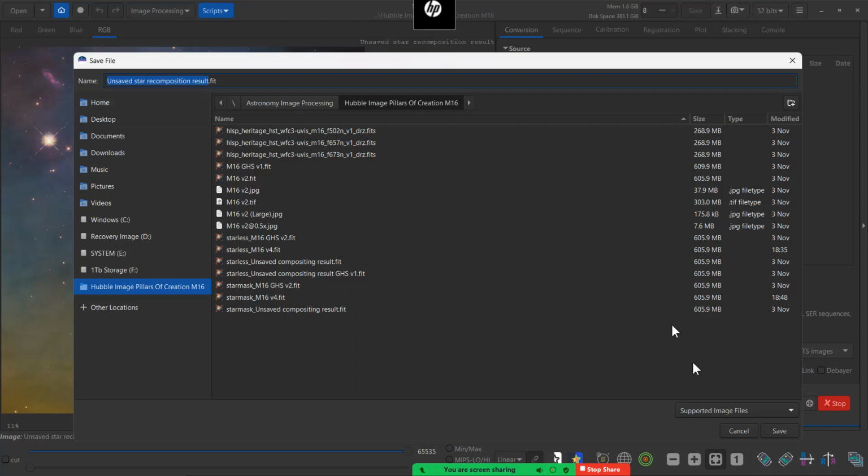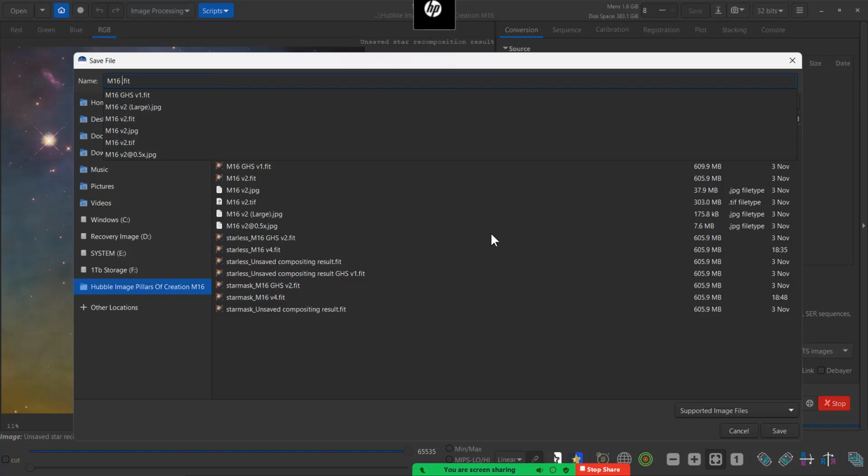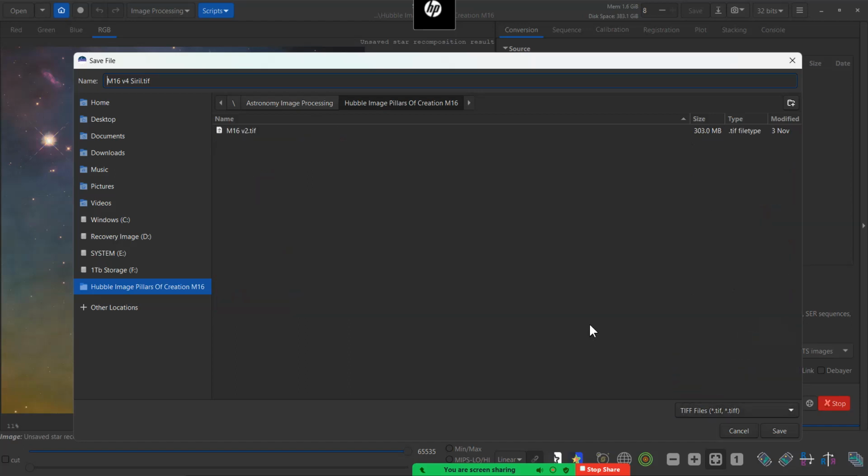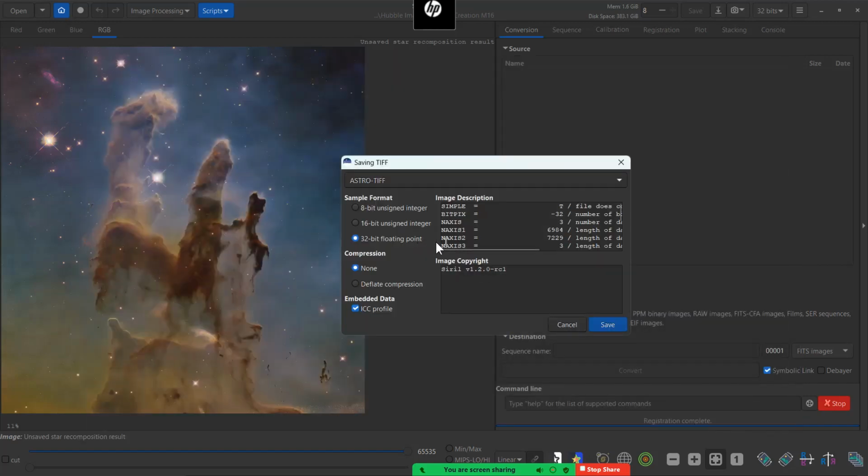Now I must save it as a, right, so this is now M16 version 4, and it's the final Siril image. But I don't want it as FIT. I want it as TIFF for Photoshop. So if you click on save, then it asks you, I'm going to save it as a 32-bit and a 16-bit. 16-bit you need for Photoshop, but in other programs they deal with a 32-bit TIFF, like